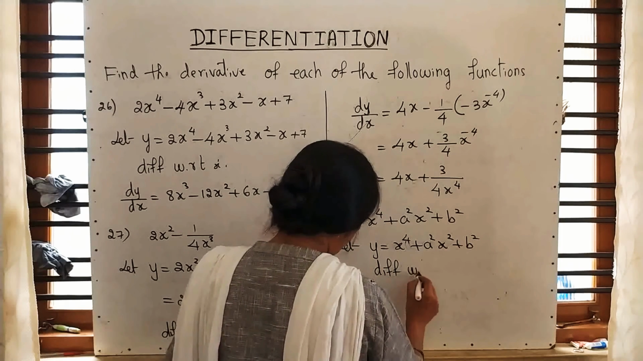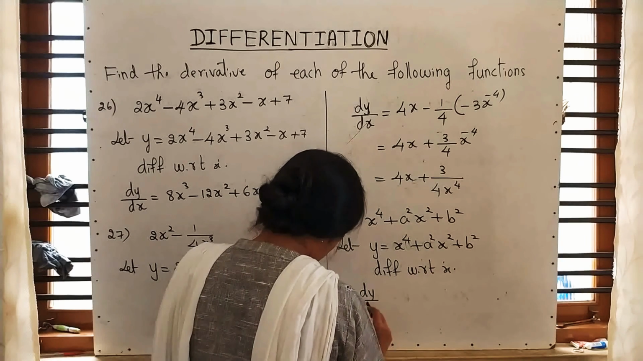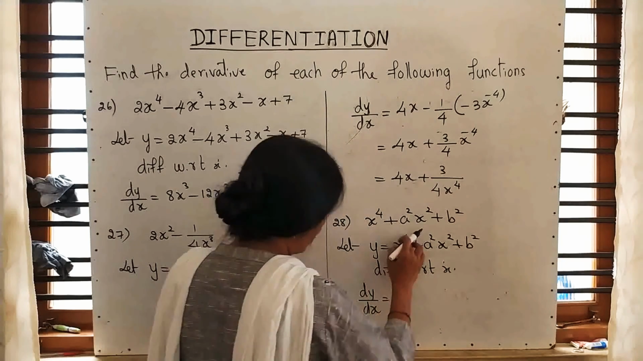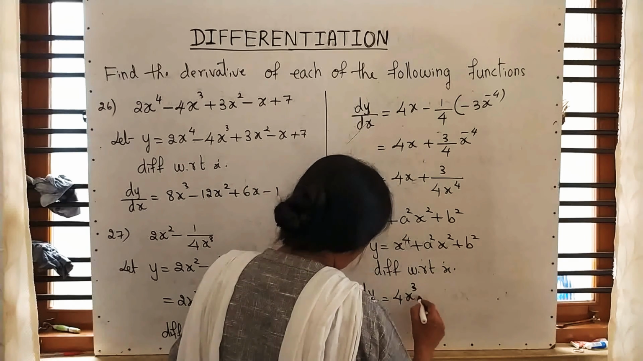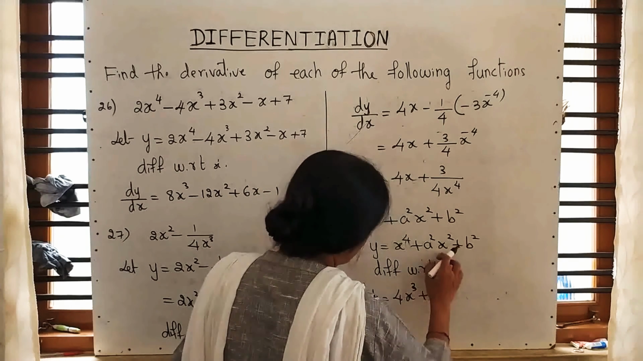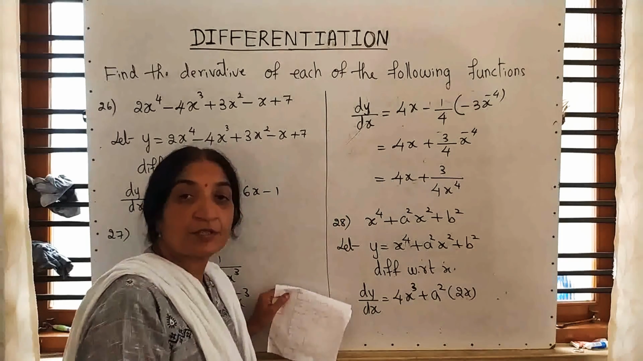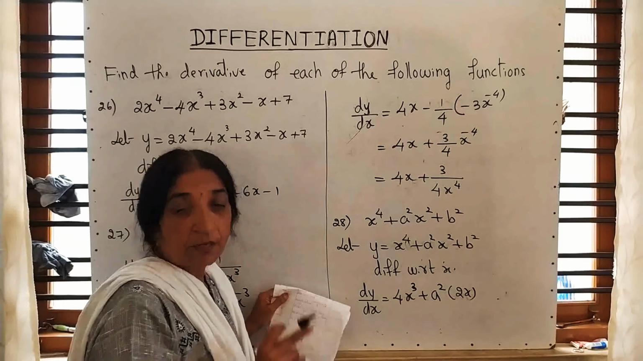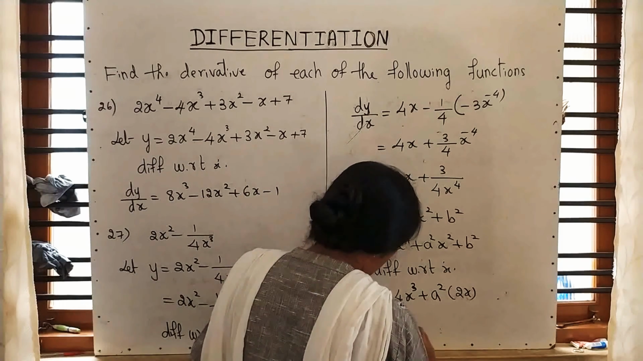Differentiating with respect to x. Yes. What is the differentiation of x to the power 4? 4x cube plus a square I kept as it is. Differentiation of x square is 2x. Yes, what about the differentiation of b square? Is it 0 or what? Because with b square there is no x, so it is a constant. Your final answer is